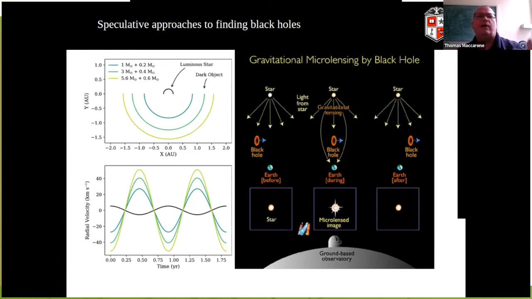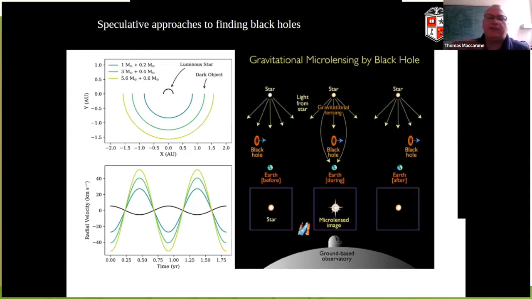And so you're talking about looking at a much larger number of stars before you find something, and looking at fainter stars. The figure on the left illustrates how the Gaia satellite, which is currently collecting data and which will make its next big data release in a couple of weeks, may be able to find black holes from wobble in binary systems. So both wobble on the plane of the sky and radial velocity